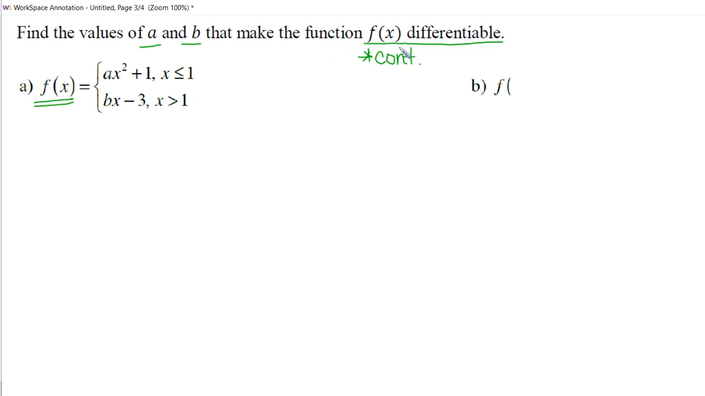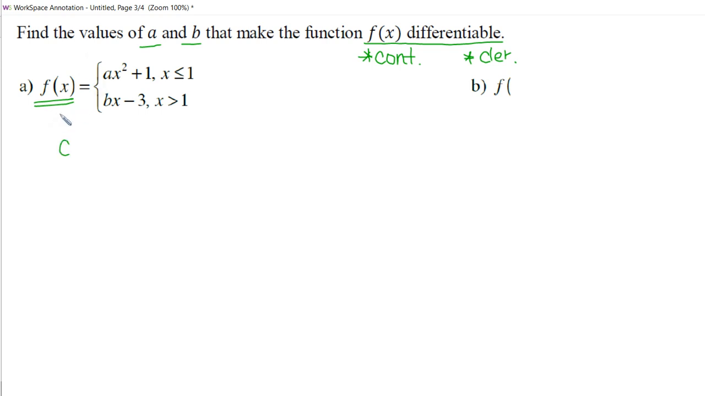Okay? And to check the differentiability, we basically do exactly the same thing as continuity, but on the derivative. Now, just like the other ones, we're going to have to check the left and right, but this time we're not checking it. We know for a fact that they're going to be the same,